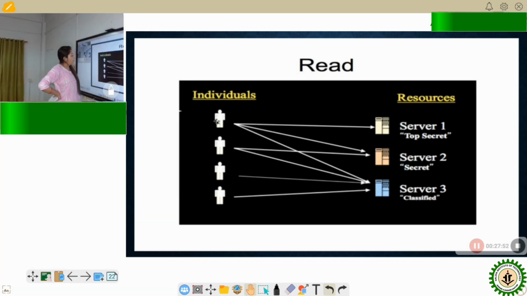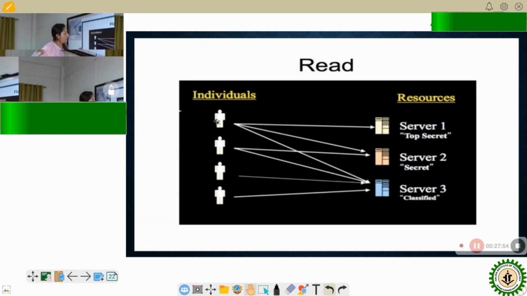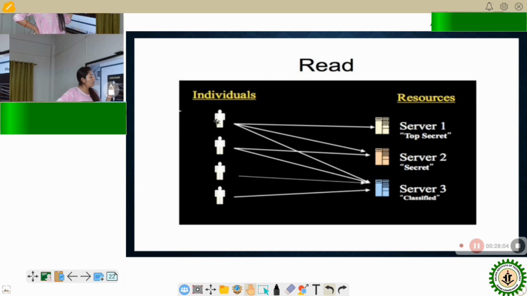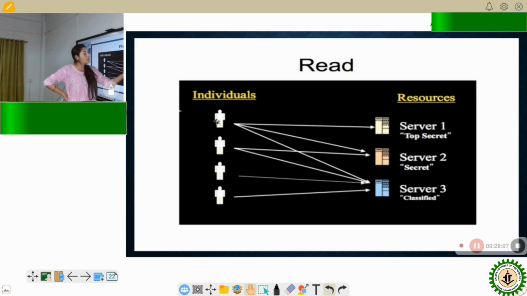So again, this phenomenon is displayed with the help of this picture. If you consider this person as having top security clearance, then he is able to access the information in all the servers. Server 1 is top secret, server 2 is secret information, server 3 is classified information.